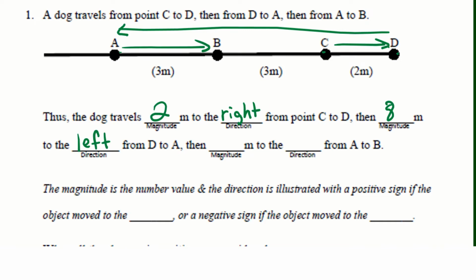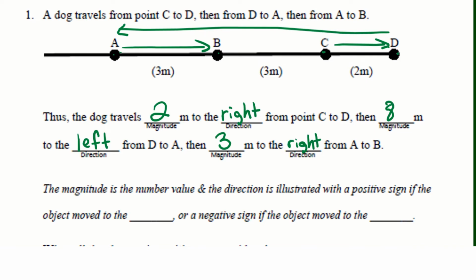Then it had a magnitude and direction from A to B. So now it's going from A to B. So that was 3 meters. And it's going to the direction to the right. Okay. Now you need to keep in mind that when we're looking at direction,